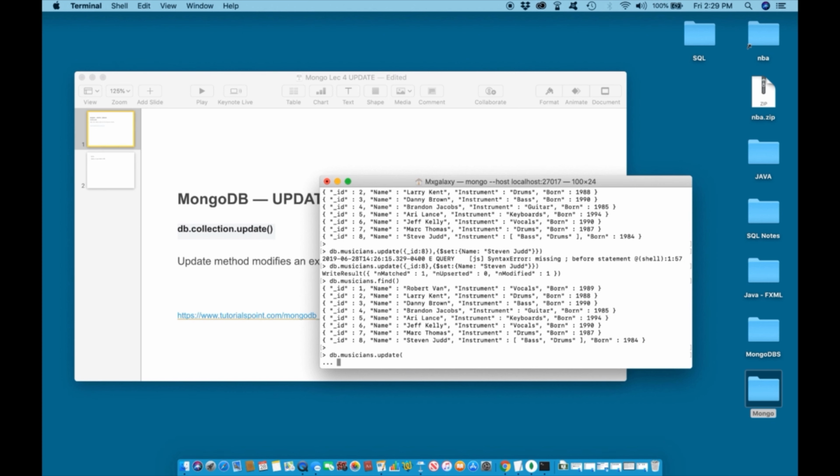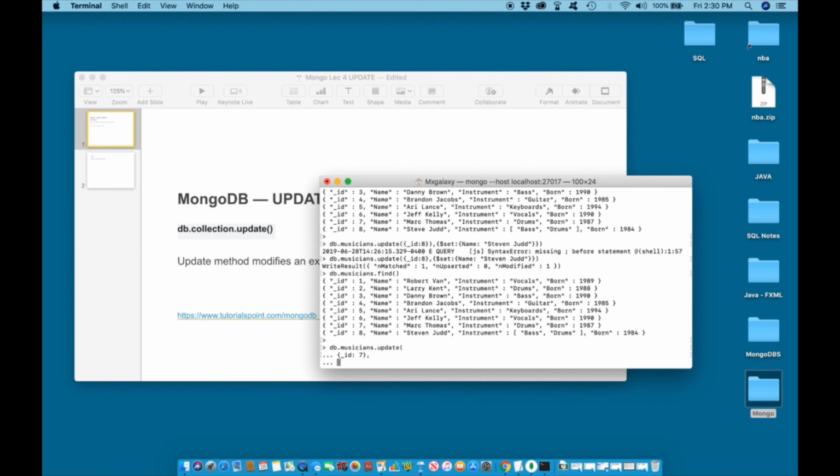Let's hit enter so this way we can keep track of all of our parentheses and all of our curly brackets. It'll be a little easier to read. So hit enter, curly brackets, identify the musician we are looking to update. In this case, it is ID number 7, curly brackets, comma, hit enter, curly brackets. We are looking to set. This time, we are looking to set the instrument